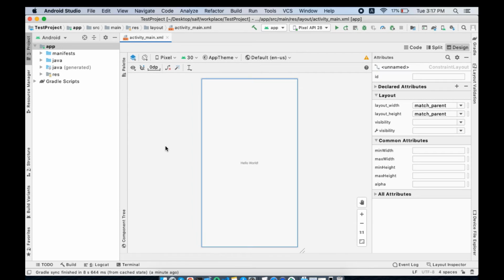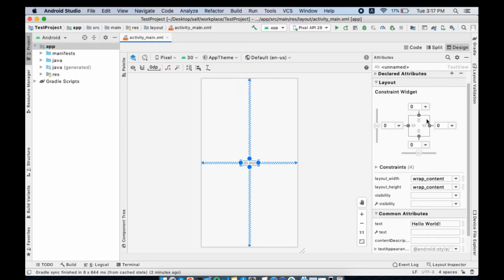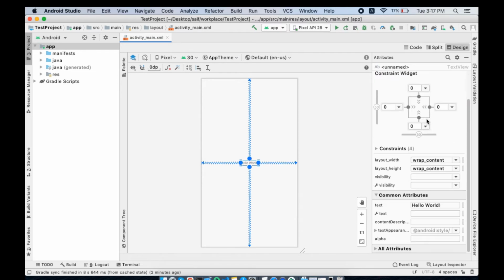So let's focus on the activity_main.xml file, which is the design and the layout of our screen. For now, as you can see, the default file shows just a simple text. It has nothing else, just a simple text saying hello world. Let's say I want to change this text. For that I will select the text, and here on the right side I can see a bunch of properties which I can set to customize this text. For now I just want to change the text, and here I can change it. Let's say I want to set it as hello everyone.